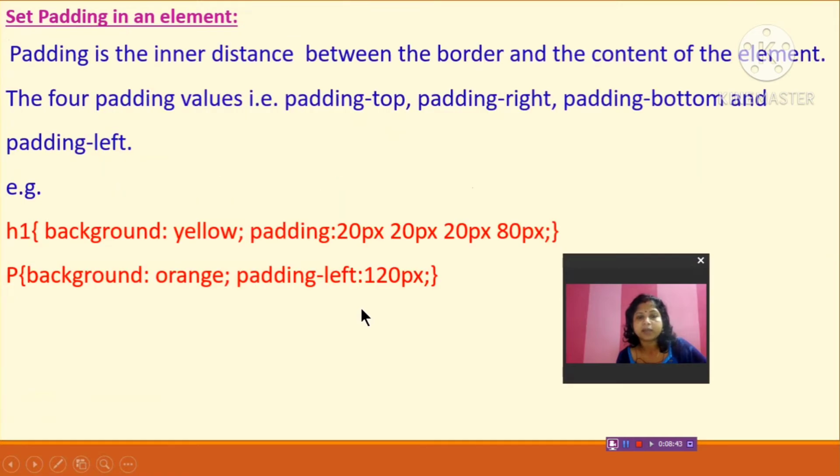Next one is padding. Padding, in tables we have already read as cell padding. What is cell padding? Distance between the text and the cell boundary. Here also, padding is the inner distance between the border and the content of the element. The four padding values are: padding-top, padding-right, padding-bottom and padding-left. And you can give the values in pixels. Whenever you want to give some space between the border and the text,